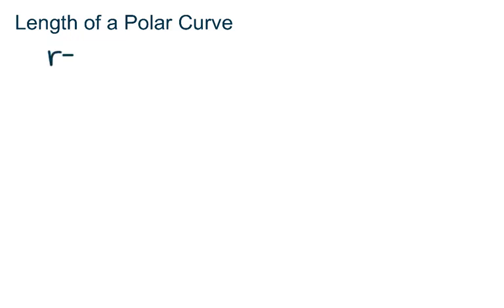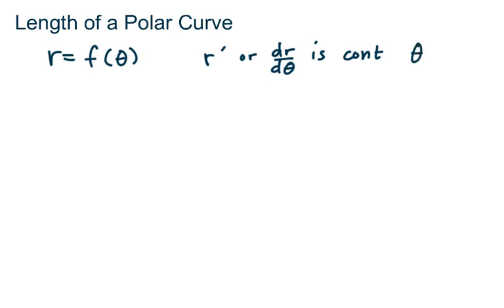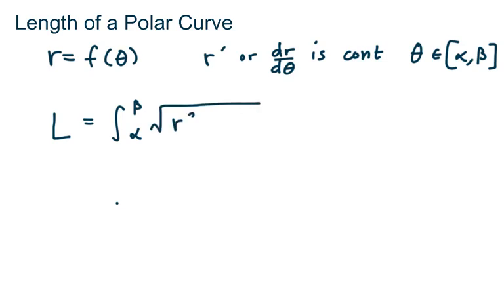So if we have r as a polar function of theta, and we know that the derivative r prime, or dr/d theta, is continuous on the interval that we're considering, theta between some alpha and beta value, then we can say that arc length is the integral from alpha to beta of the square root of r squared plus (dr/d theta) squared